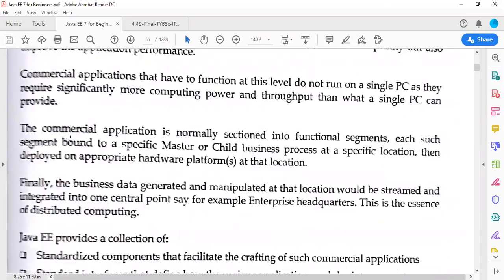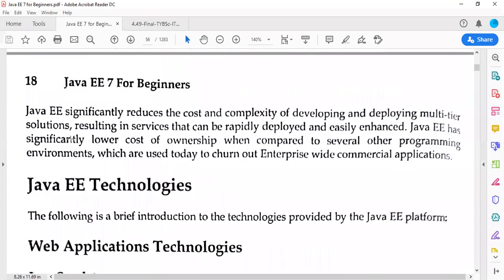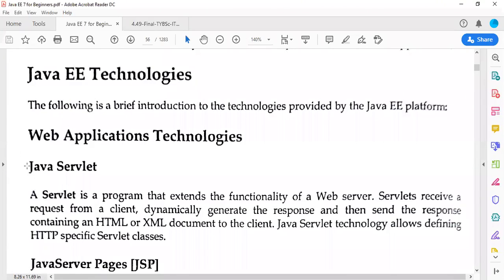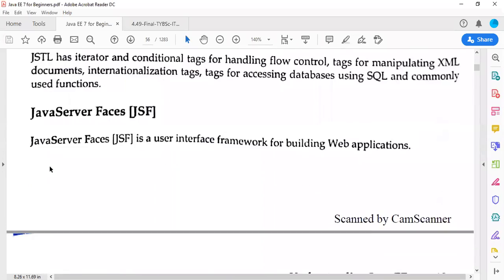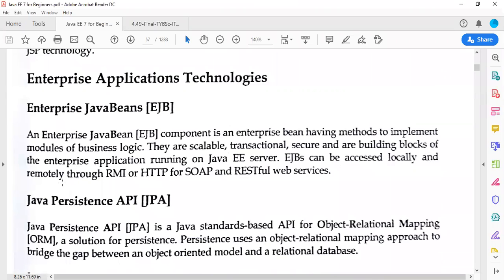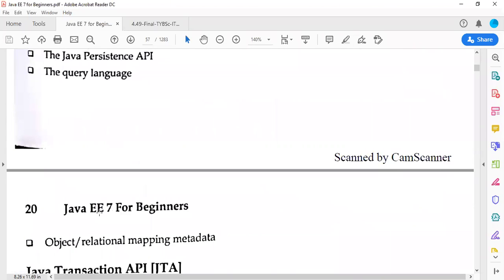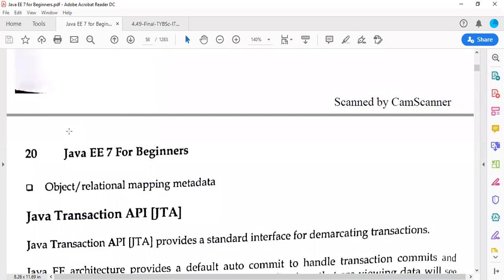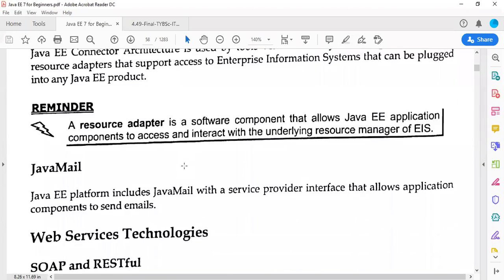It contains several technologies, including Java Servlet, Java Server Pages, Java Server Pages Standard Tag Library JSTL, Java Server Faces in web applications, and Facelets. Enterprise application technology contains EJB, Enterprise Java Beans, Java Persistence API, Java Transaction API, Java Message Service, Java EE Connector Architecture, and Java Mail.